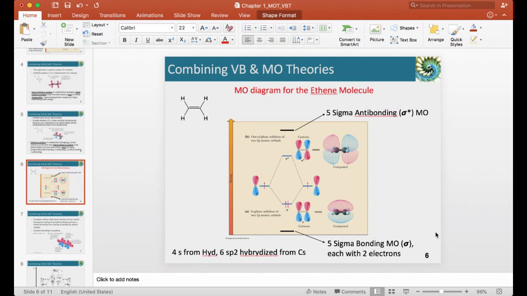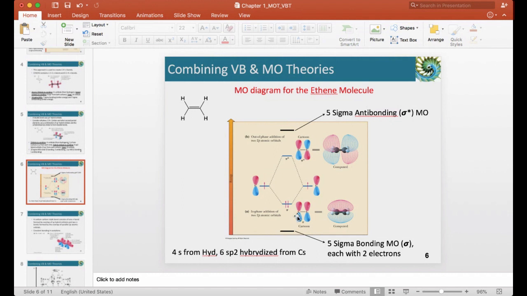So that will make 10. And the remaining 2 will be in this pi bonding molecular orbital. So this could be the molecular orbital diagram for the ethane molecule. Something I want to show here for the first time, if you look at the entire molecular orbital diagram, the